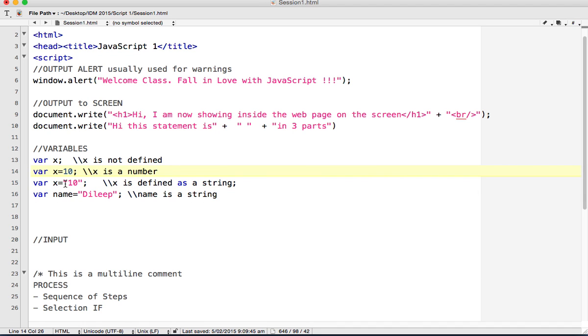If you put something within quotes, JavaScript says that's a string. JavaScript doesn't care whether it's 1, 0, 1, A, B, delta, anything within quotes as it is. But when you actually use mathematics and don't put it within quotes, JavaScript thinks, oh yeah, that's a number. Now in most programming languages, and when we get into Unity and we do some stuff, you will see that you have to define what is the data type, what is the variable going to hold. Data, this is all data, information. But is this information of the type a boolean, true or false, or is this information a string, or is this information a number? Okay,